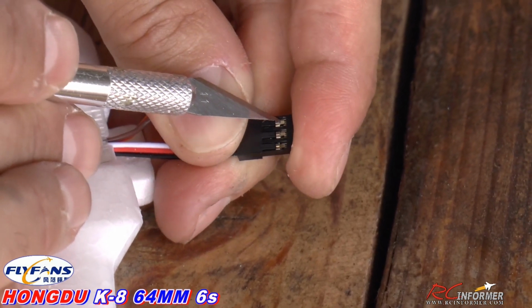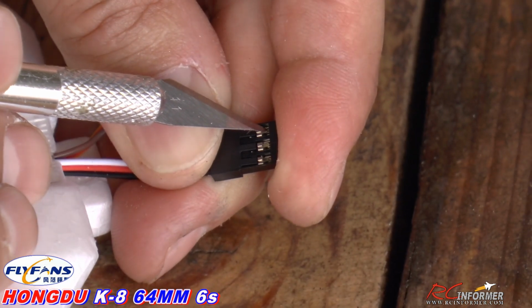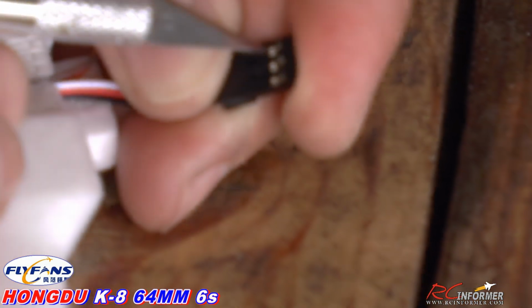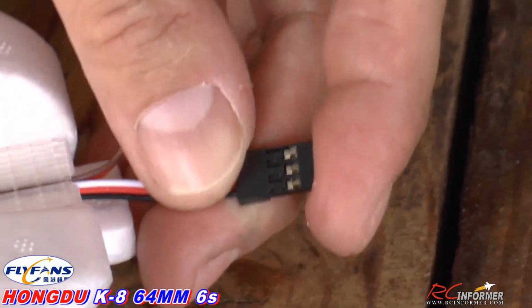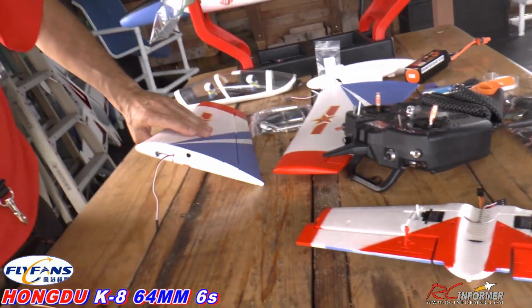You're seeing it here at the RCINFORMER. Can you see that okay? Yeah. I usually got to do this myself. If I zoom in too far, it gets out of focus for that. But you got that okay, right? Yeah. So I'm going to do that to the elevator. I'm going to do that to all of the...